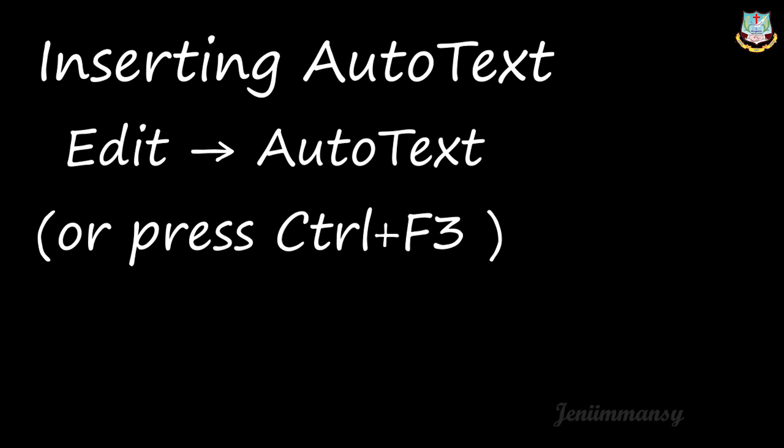So click on the inverted arrow in the auto text button on the right, and then you can select new, and from there you can give that text from that menu, and then click close to return to your document, right? Once this entry is created inside this auto text, you can place the cursor somewhere, press Control and F3, then select the name from the list of entries and click insert, so that text will be inserted automatically. This is auto text, right?